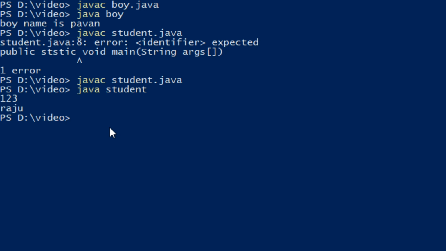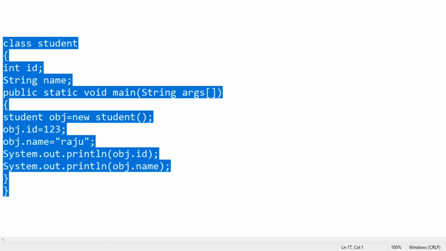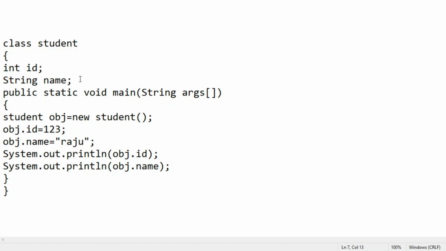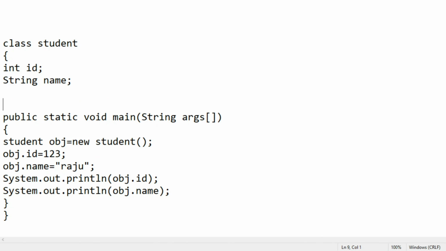Now let us go back to our original program. Here we have fixed the error in static. Now let us create some methods. By using methods, we will assign the ID and the name to the object.